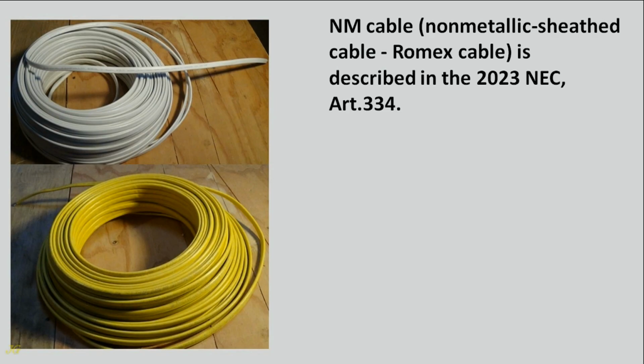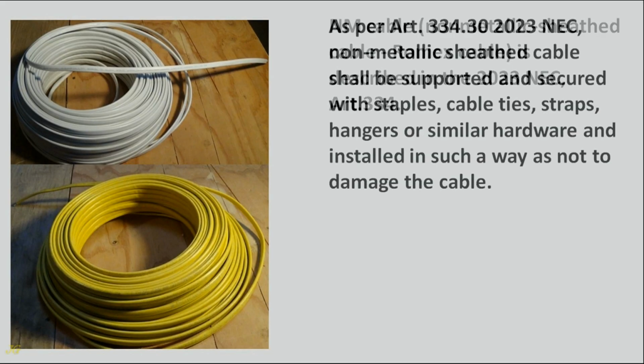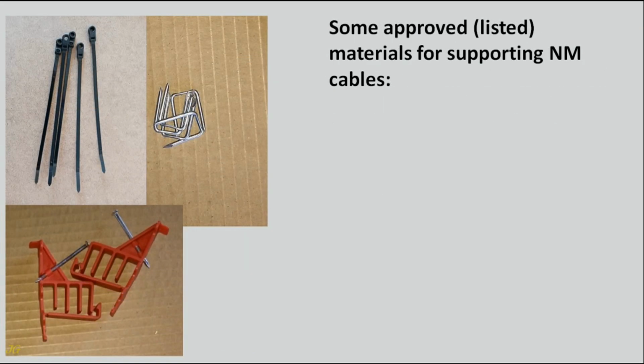NM cable, non-metallic sheathed cable, Romex cable, is described in the 2023 NEC, Article 334. As per Article 334.30 of the 2023 NEC, non-metallic sheathed cable shall be supported and secured with staples, cable ties, straps, hangers or similar hardware and installed in such a way as not to damage the cable. Some approved, listed materials for supporting NM cables: